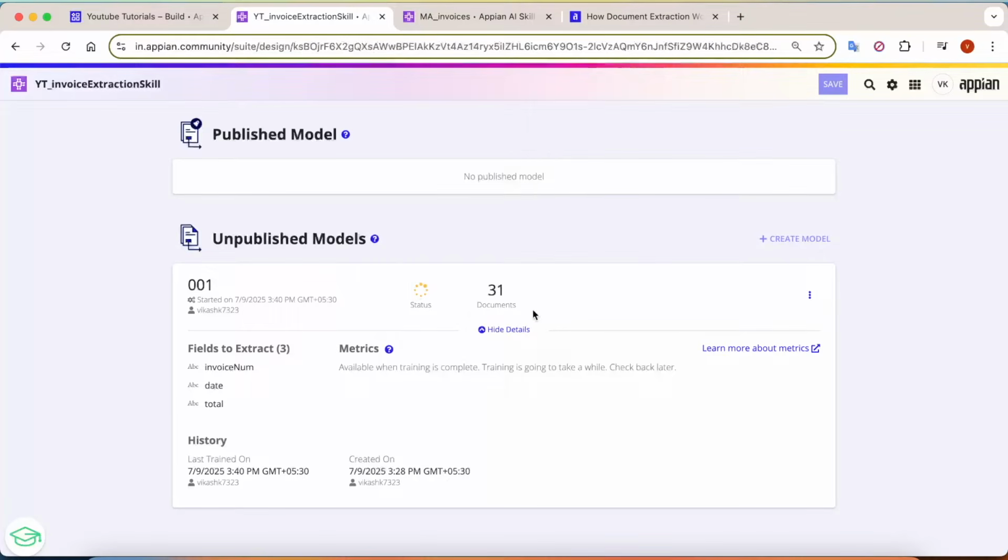Now this is the status. Once the training gets completed, what actually happens to this model? When the training is completed, this unpublished model will move to the published model section. Here you will get an option to publish the model, and once you publish it, then it will appear